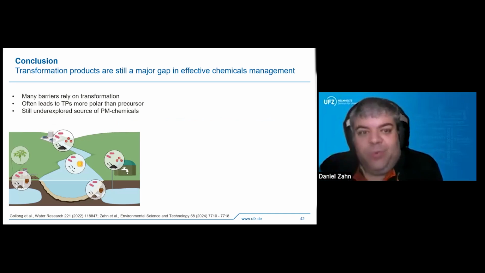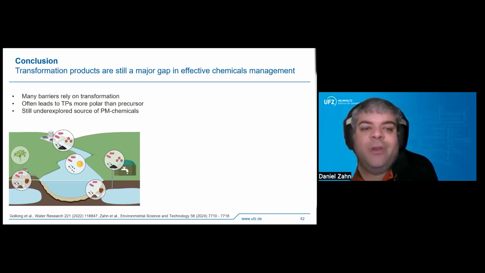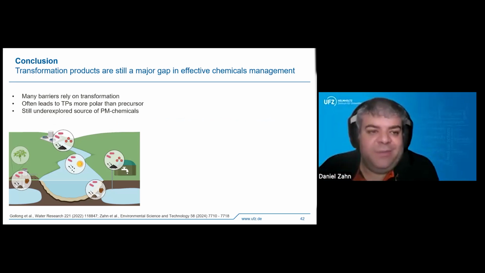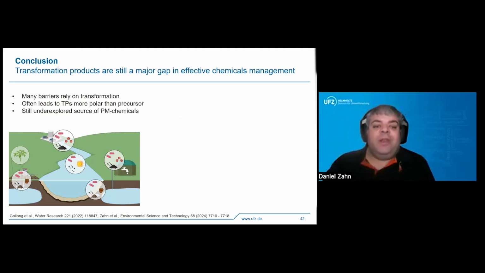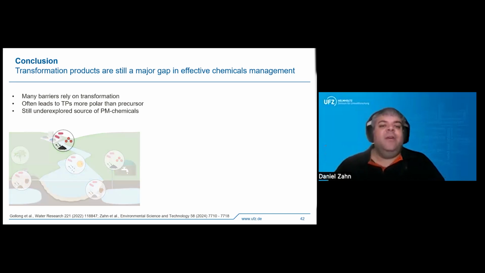Another thing that's quite important to me is if you have a look at our barriers, at some point they all rely on transformation as a major mechanism. We saw it in the wastewater treatment. The transformation can lead to formation, even though we didn't intentionally include transformation products here. In the same wastewater treatment plant with the ozone treatment and the activated carbon,